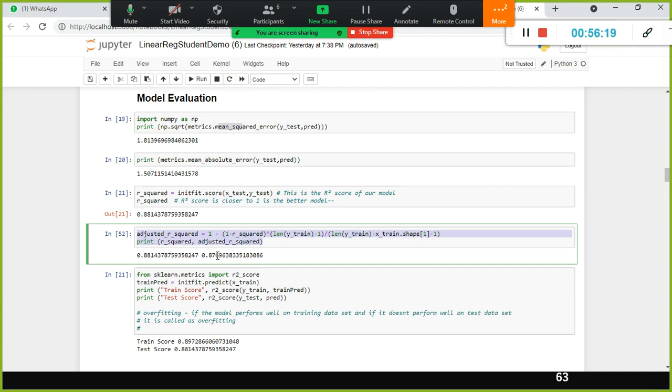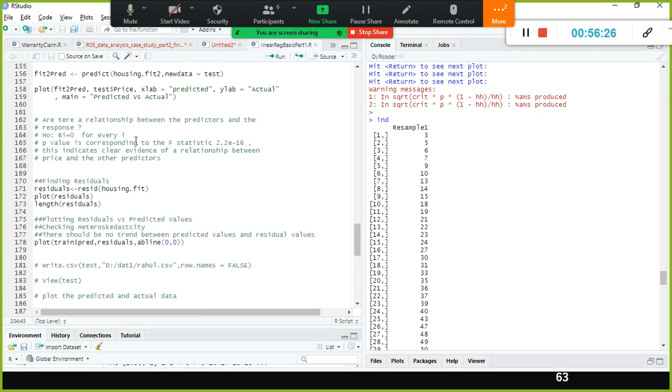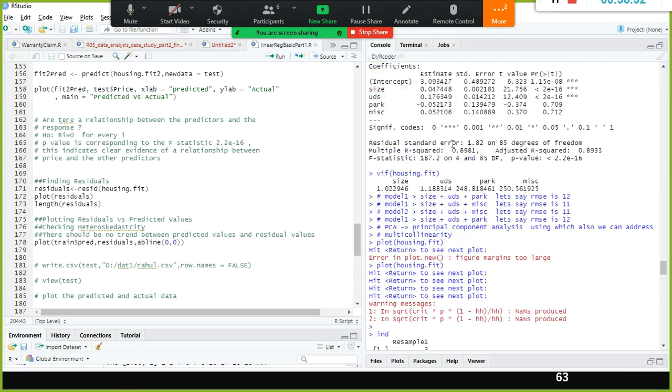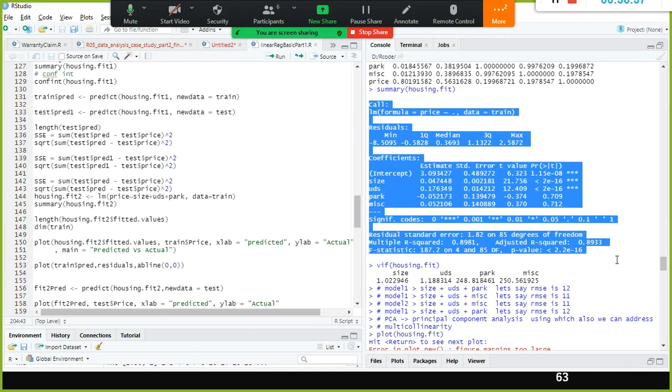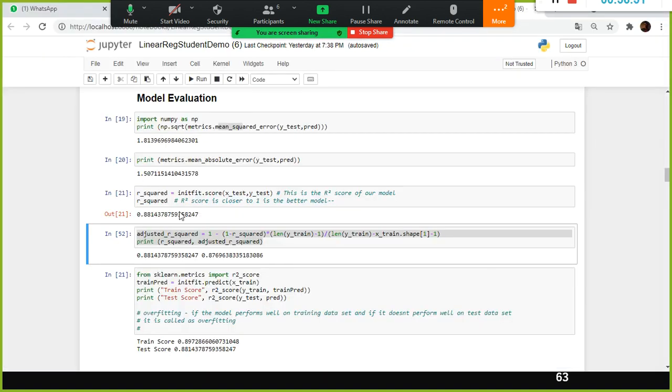One disadvantage of sklearn, when it comes to linear regression, is that it is not very helpful. It is not giving the entire detail like R gives. In the case of R, I use summary, so it gives detailed information about your model. It is not giving that here. If you want to see the slope value, I have to use the coefficient separately, and the intercept separately, but if you want to see the holistic picture, it is not available here.